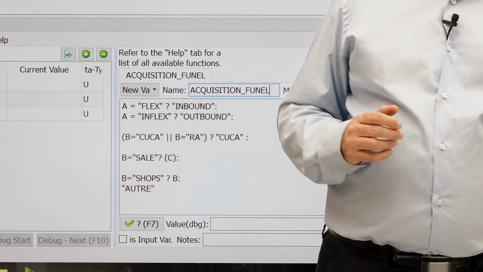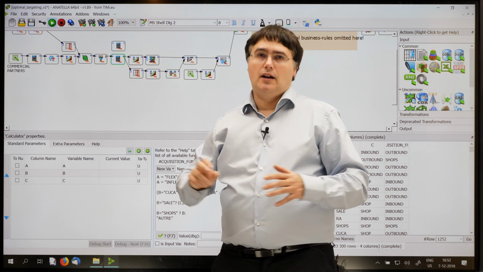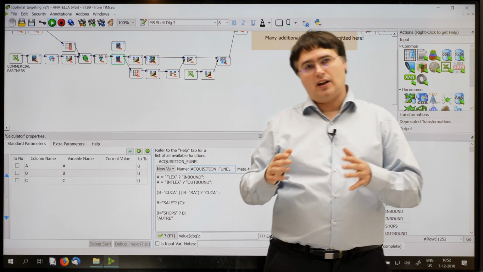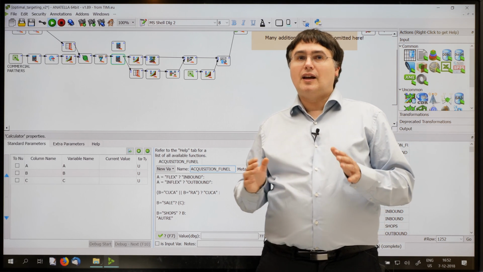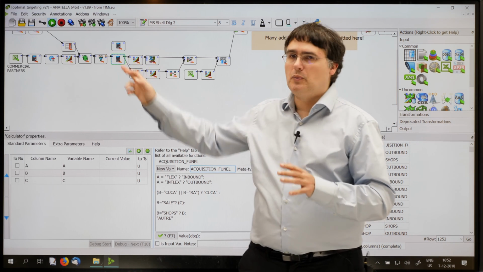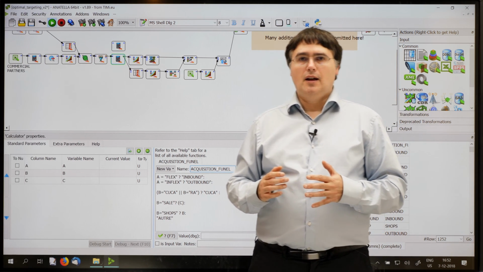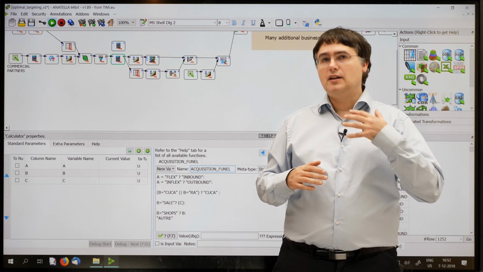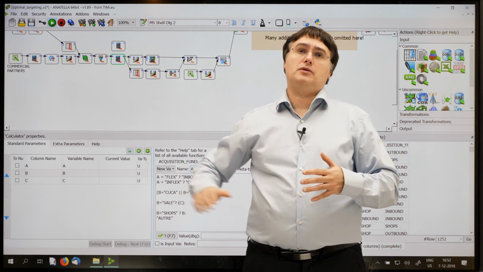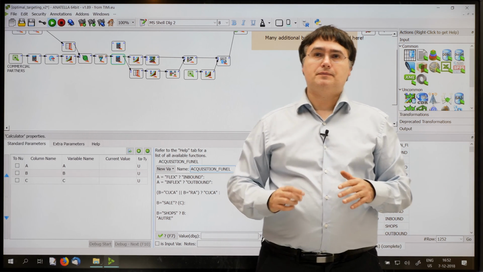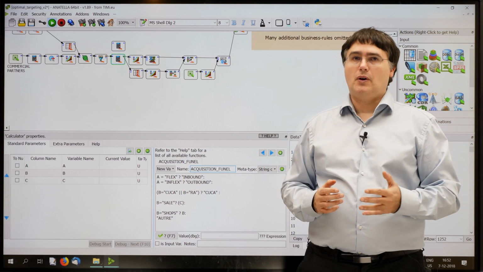And at each attempt, I can modify the expression and click here to see the output table and check if the fix is okay. Unfortunately, the time required to see this output table is, most of the time, very long. Because Anatella needs to recompute and re-execute many different boxes. There are plenty of boxes on your left side. And it can take up to 15 minutes to recompute all these boxes.